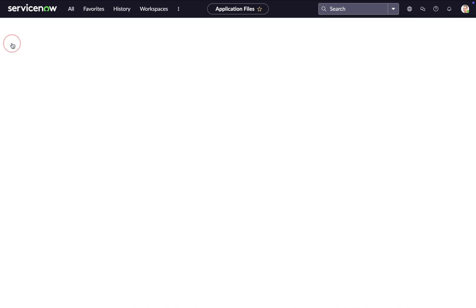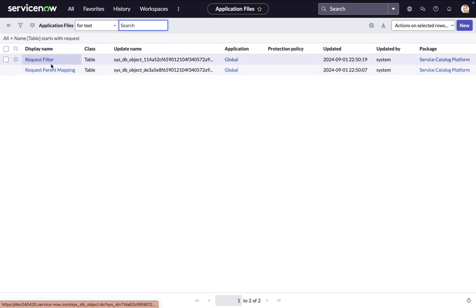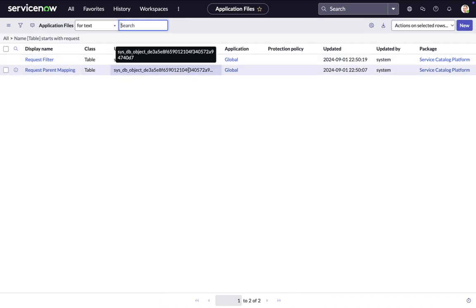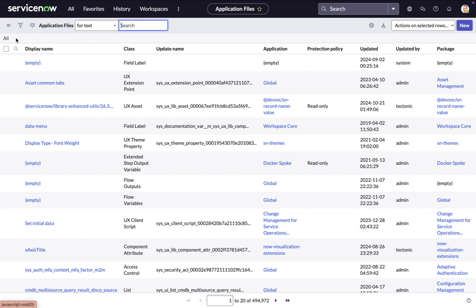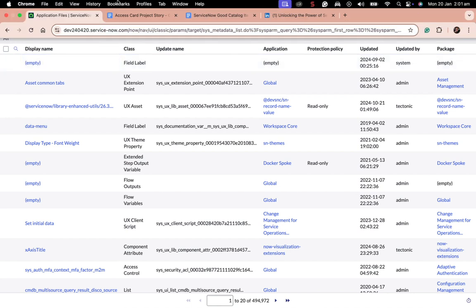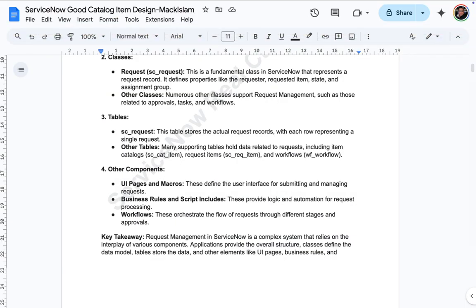Okay, you see that table name come up. The class is tag. So what does it mean? It means that request is registered in ServiceNow instance as class and also it registered as table. So what is the thing? Is it the same thing or is it a different? So on my short ebook,